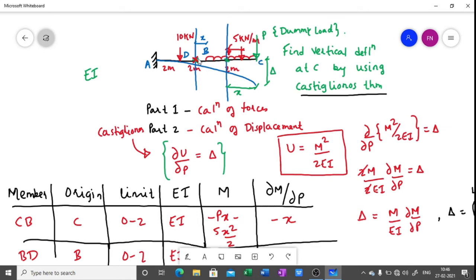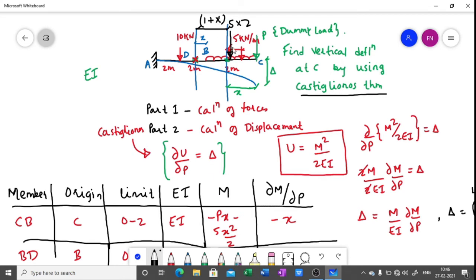The entire length of UDL is coming between C and this section. The total load of UDL will be 5 into 2, which will be acting at the center. And the perpendicular distance with respect to this section will be 1 plus x. From here to here it will be 1, and from here to this point it is x. So the perpendicular distance is